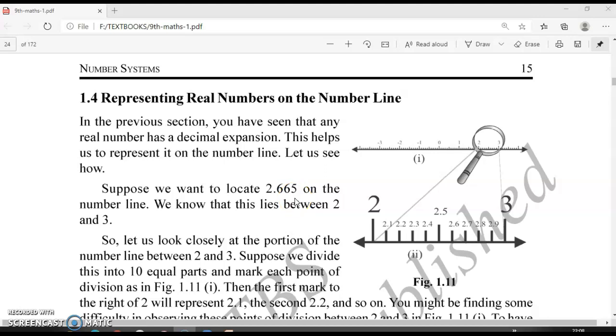So first, the decimal alone, we will take 2.6. So where will it be? It will be in between 2 and 3. Just like how we measure on our scale, like that only here also we are going to locate it on the number line. So 2.6, where will it be? It will be in between 2 and 3. So here you can see, in between 2 and 3 we are locating 2.6. Okay, then the next decimal is 6. So we have to locate that.